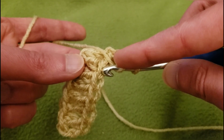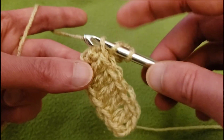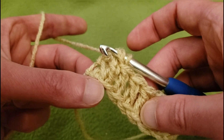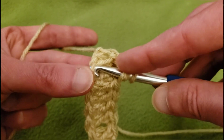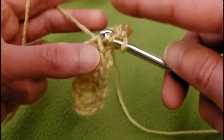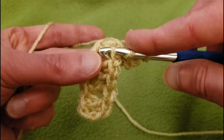So going into the next one, and into the one below. Now we went into this one here. It's this next one right here. It's always tricky initially. See? Because this one is raised up. We're going to go into this next one. So through 2, and through 2. Yarn over through that one,